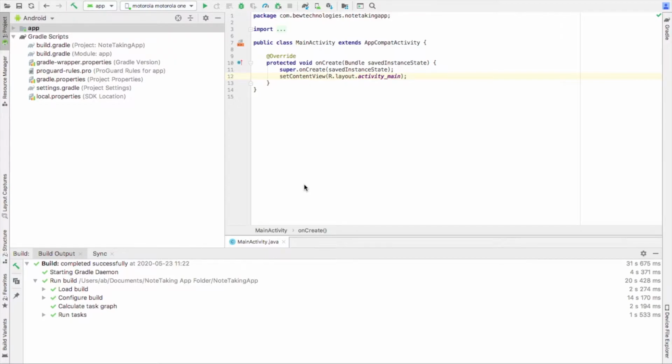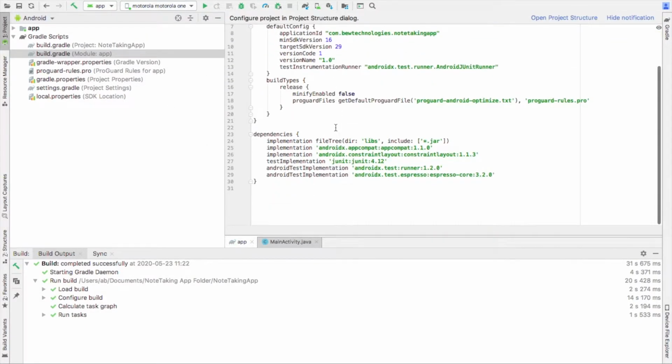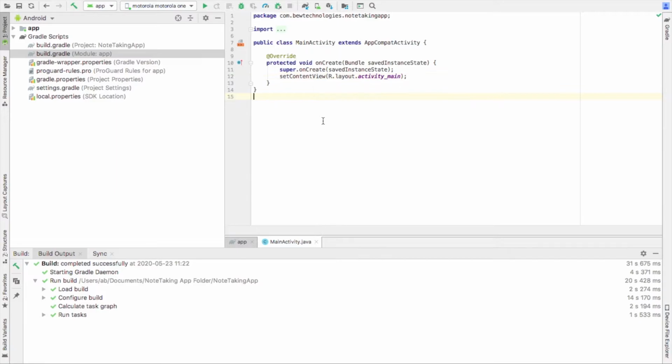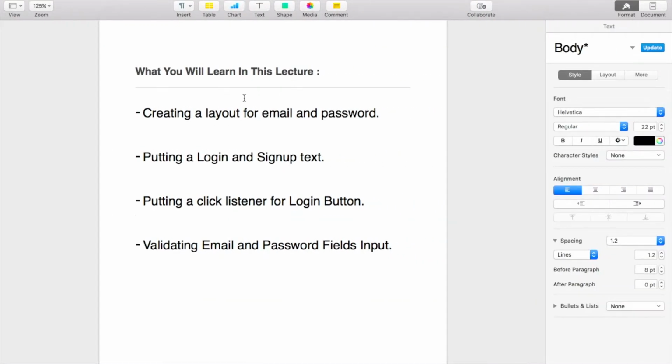If you are here, you have already finished configuring Firebase and your app is now connected to the Firebase real-time database. Okay, so now we are ready to move to the next steps. So what are the next steps? In this lecture, we will create a layout for email and password. We will enter email and password here. We will put a login button, sign up and other things.